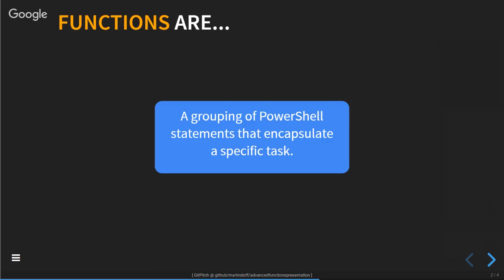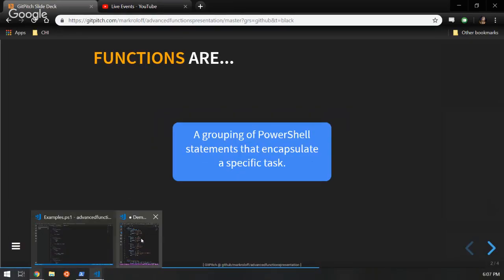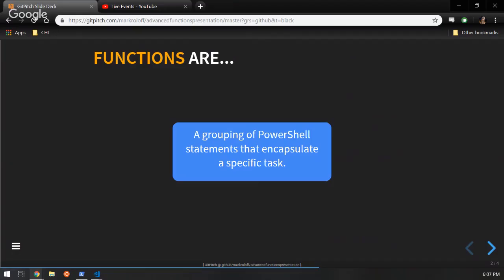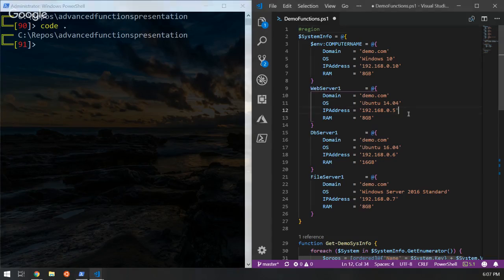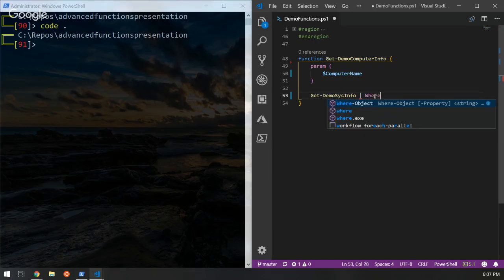So, drop that guy over there. There we go. So I don't have a bunch of fancy VMs on here like some people do for showing these things, but I kind of hacked together a rudimentary way to get this going with just a bunch of cleverly hidden hash tables. So